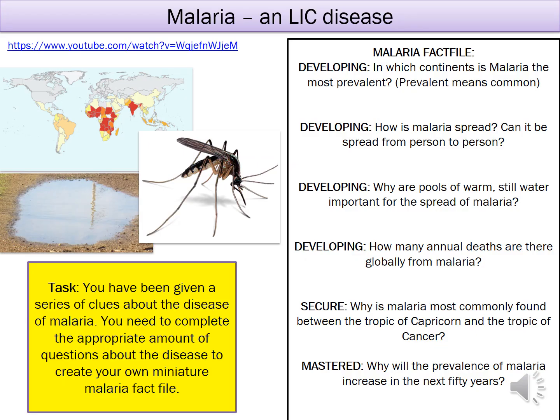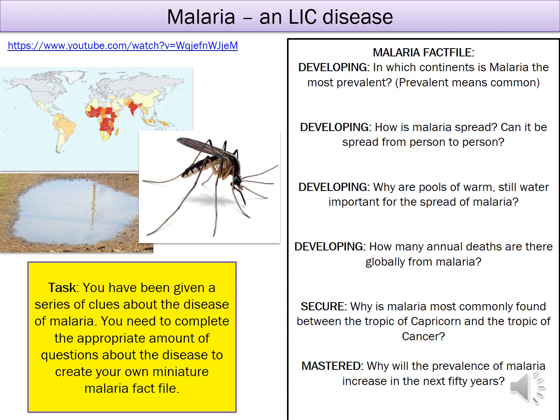Moving on to learning objective 2 of this lesson, we're going to look at malaria as our case study of a disease that is found in LICs and how that causes uneven development. Your task is to be given a series of clues about the disease of malaria. You need to complete the appropriate amount of questions about the disease to create your own